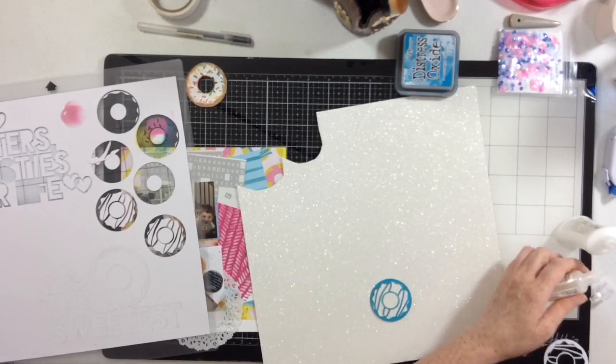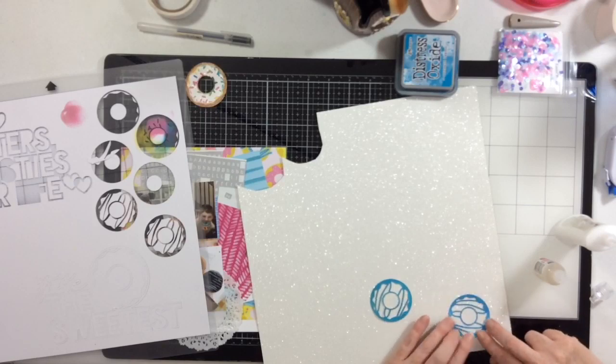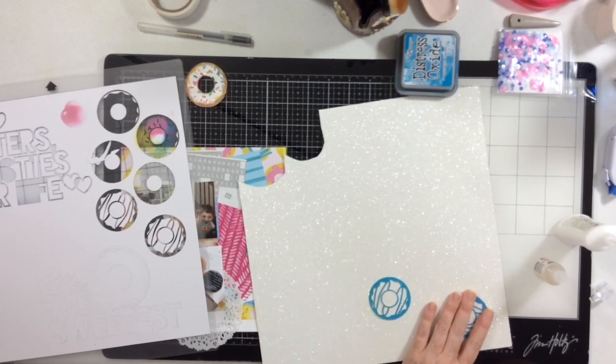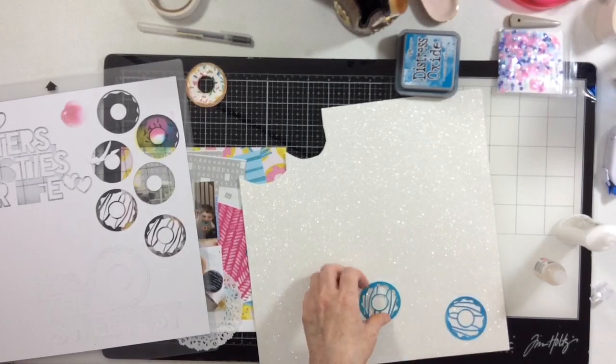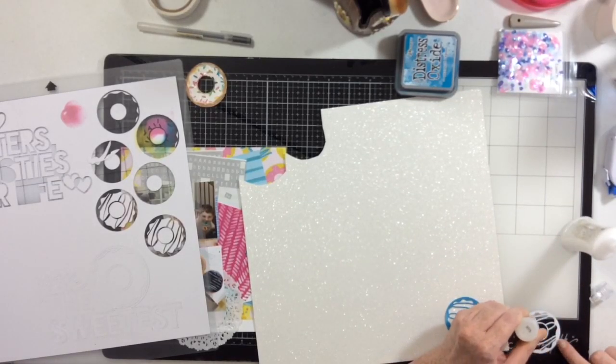So yeah, there's that. Now I'm using glossy accents so I can stick my donut to this glittery paper from Close to My Heart. This is just white glitter paper. And remember, I'm doing 2 of these. I'm going to do these cut files back to back so that both sides of the donuts are decorated, because